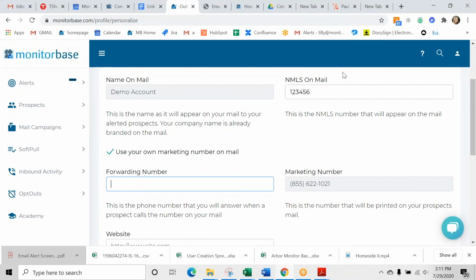Okay, looking over all my notes, I think that we touched on everything. You are welcome to upload additional data if you want to. So if you have leads that you've purchased or other clients that you haven't funded loans with, but that you have names and addresses for, we can upload them into the system. If you have a realtor partner that you're working with and you would like to upload their contacts to monitor, you can do that as well. You can either let me know or let Paul know if you want to upload additional data, and we will assist with that.